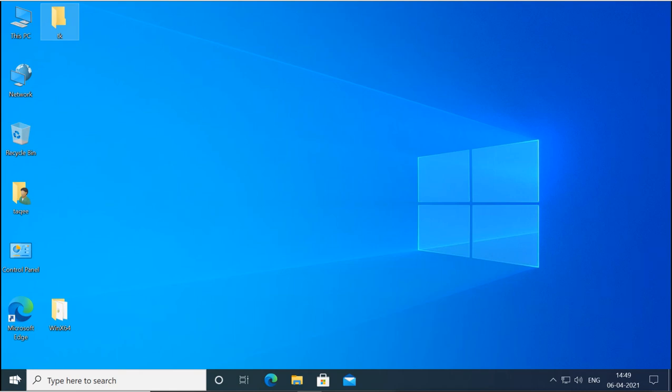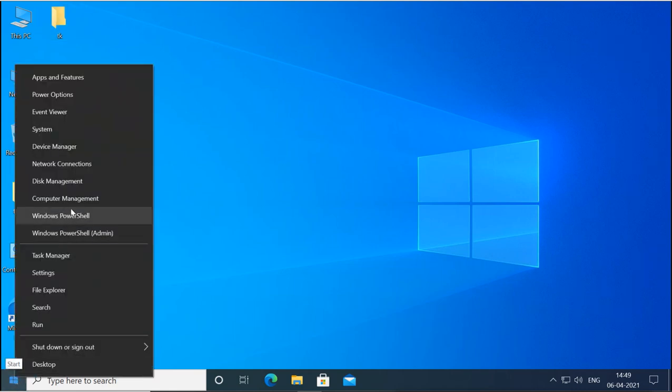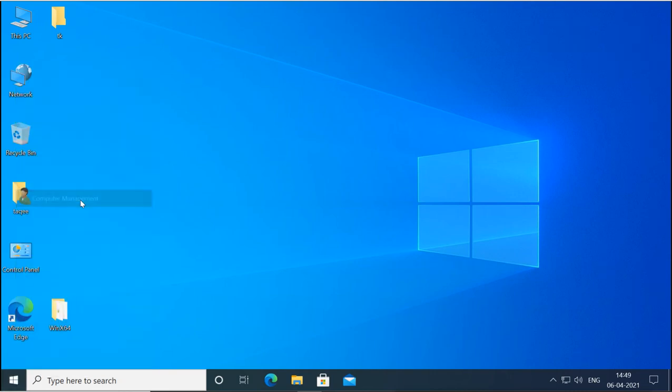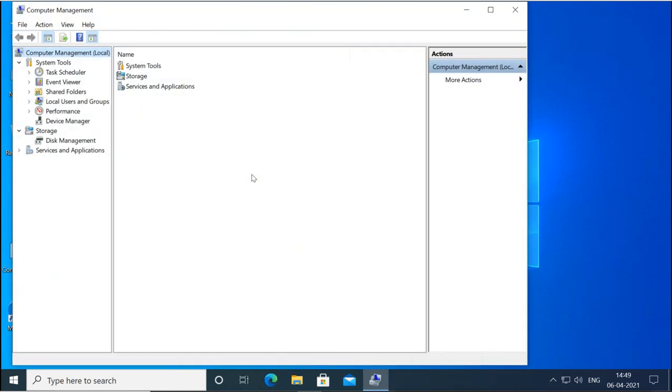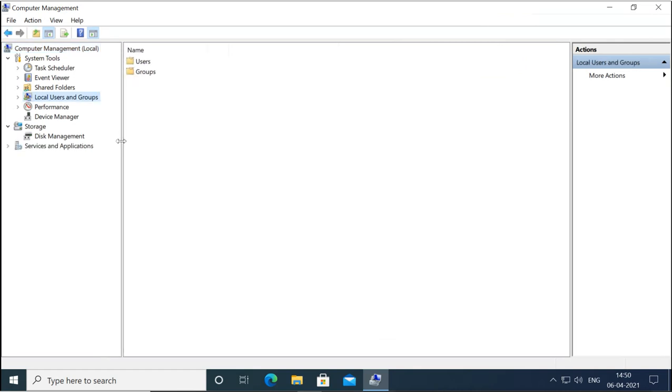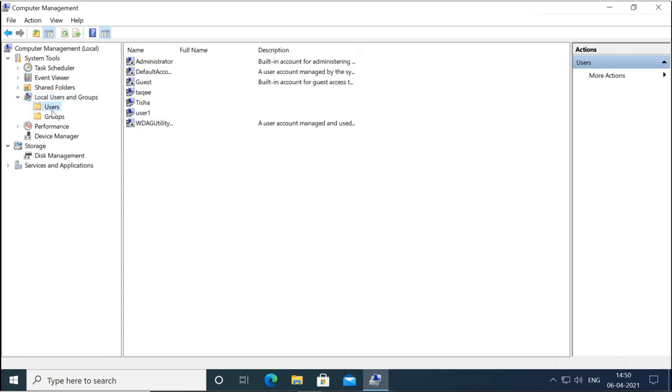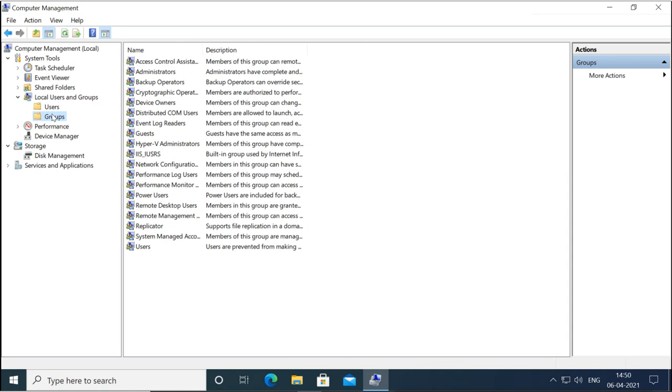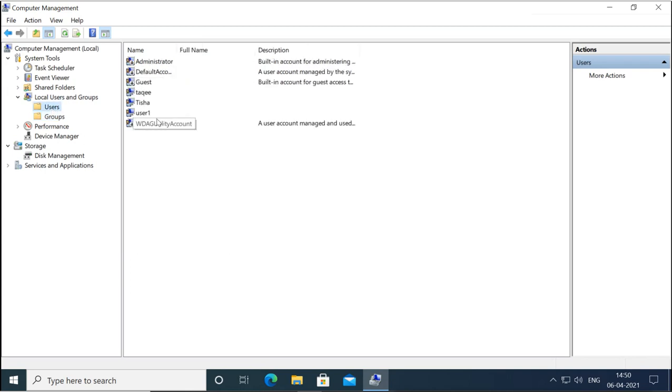They go to Computer Management: right-click on the Start button, go to Computer Management, and there is an option for Local Users and Groups. Now from here we can create local users, and this is the advanced option. Here we have the Users option and the Groups option, and you can see all the system groups available here. These are all system groups, and these are all the users available, including the system users.